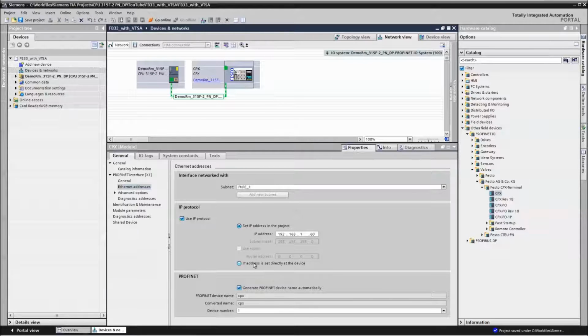If you don't want to use the IP address, you need to know what the node's been called. In this case, it's FB33-192.168-